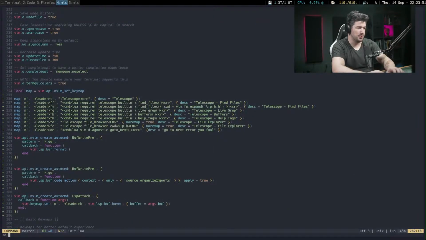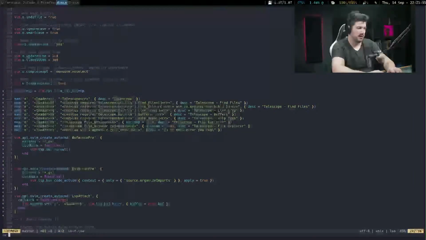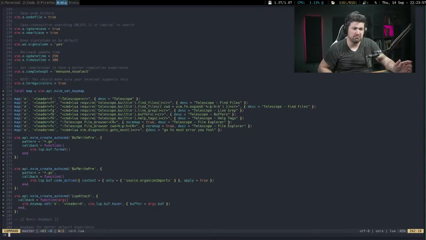:E doesn't seem to open another file for me. Do I have to type the file name? I'm not sure how that works. We'll put a hold on the buffers. I'll have to